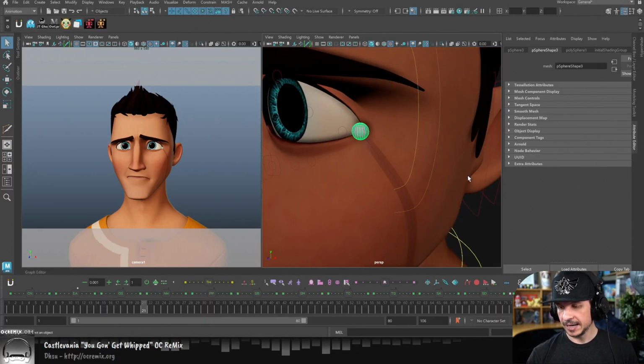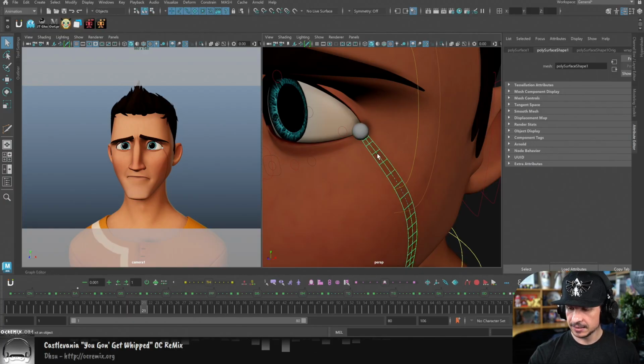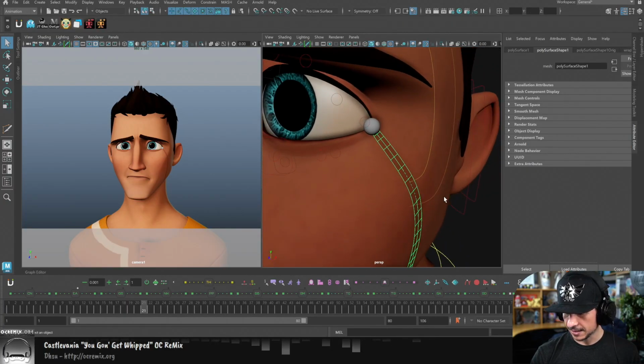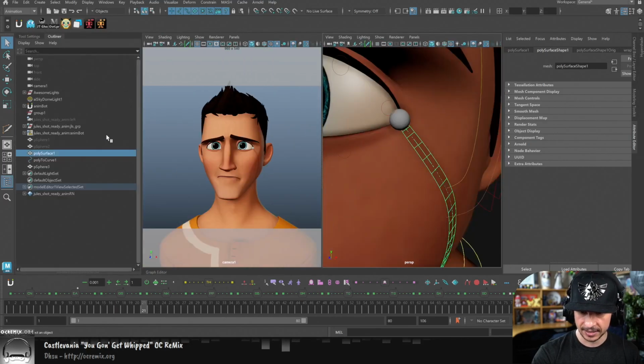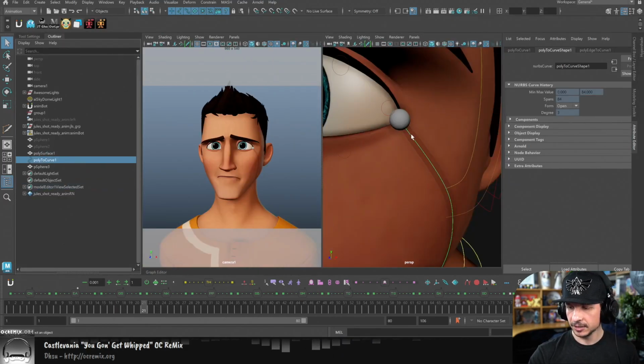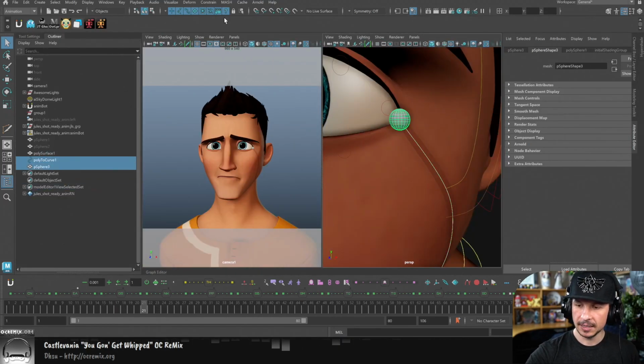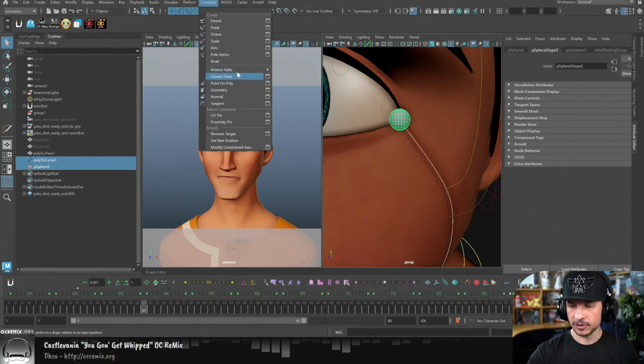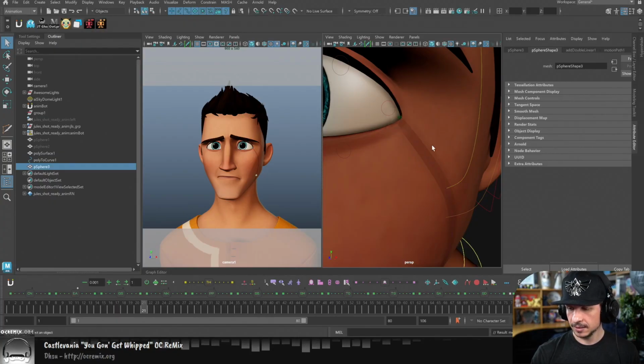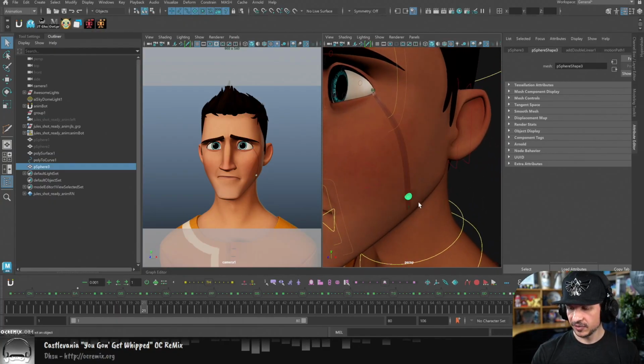And what I can now do is take this curve. It's kind of hard to select here, so this is where the outliner comes in handy. There's our curve and our sphere. Constrain, and I'm going to do motion paths, attached to motion path. Now, this sphere slides along the face